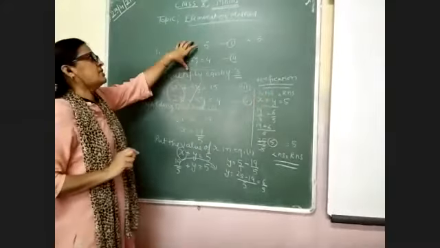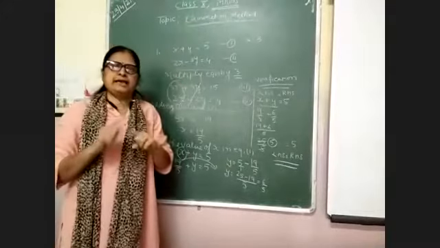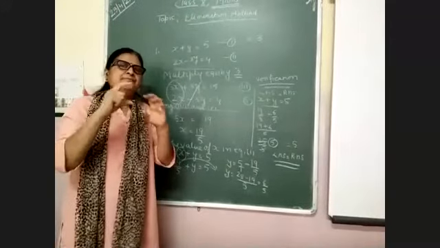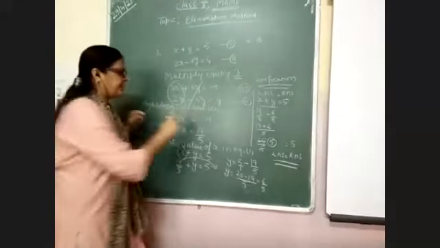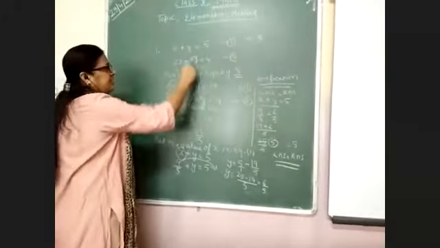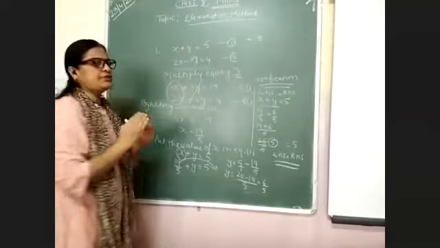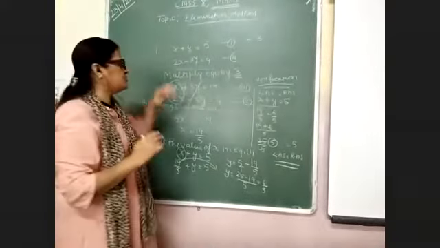So this is called the elimination method. Elimination means I eliminate one variable to find the value of the other variable, by making the coefficients equal. How can you make them equal? You can